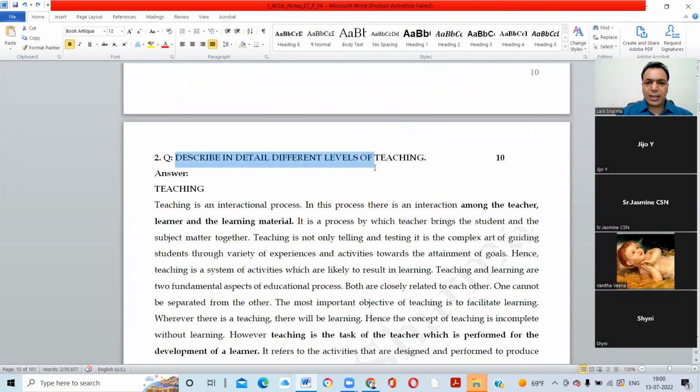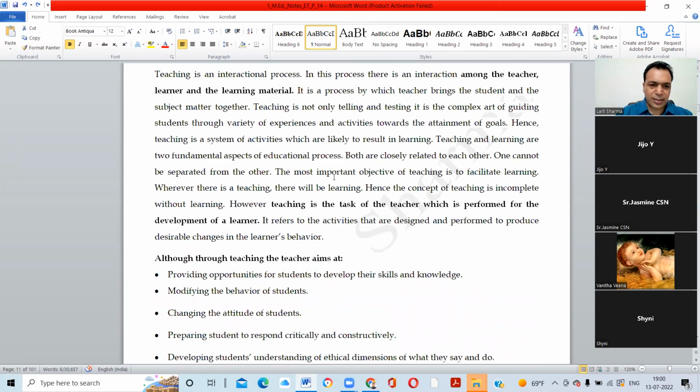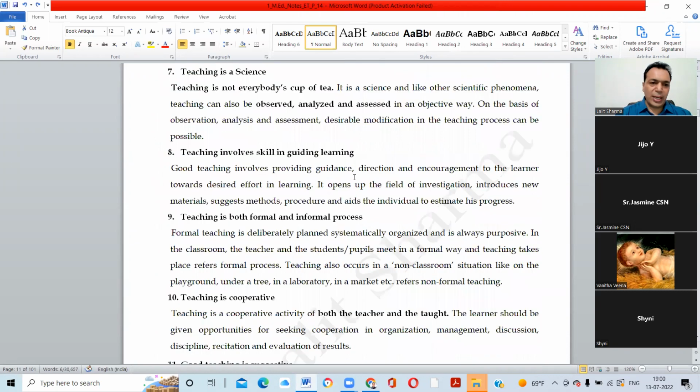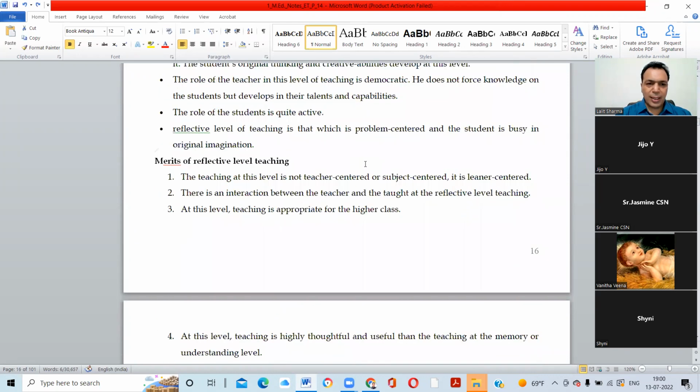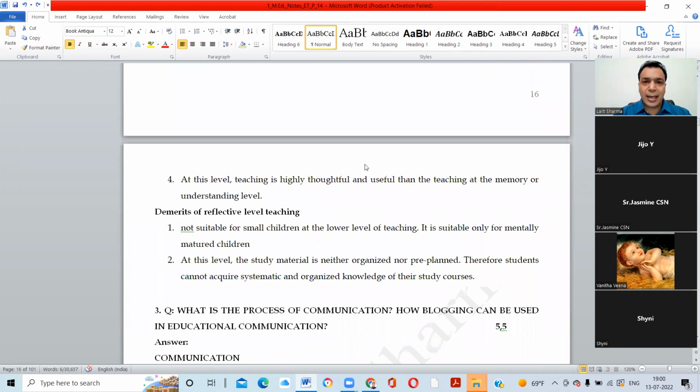Second, describe in detail different levels of teaching. Already guys, we have discussed this many times, right? Three levels of teaching, okay. So the only thing that you have to learn, you have to write it even, because I will suggest you take